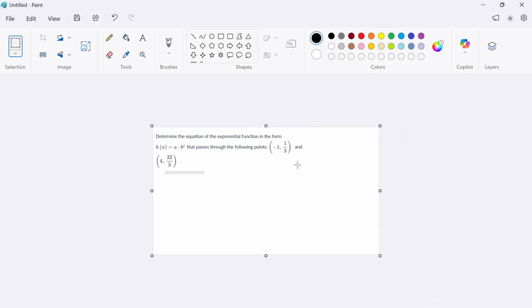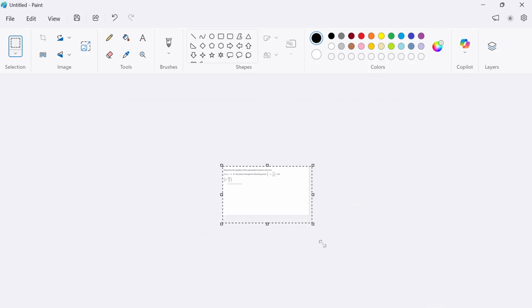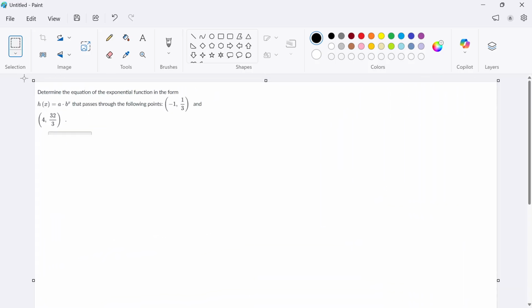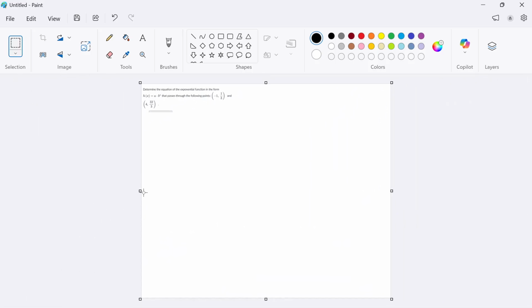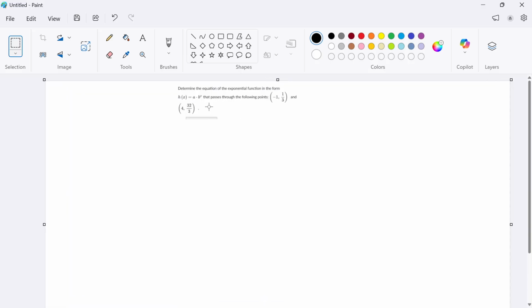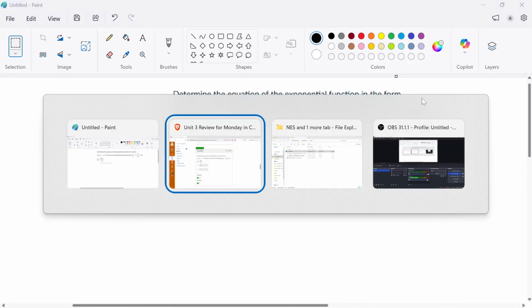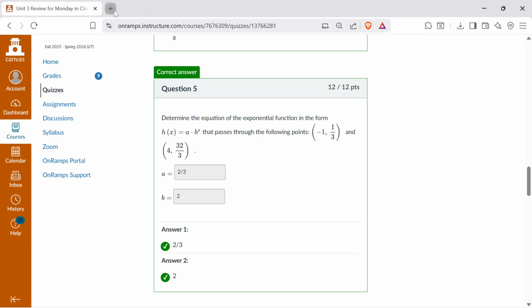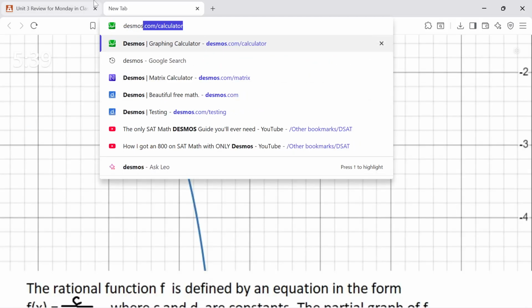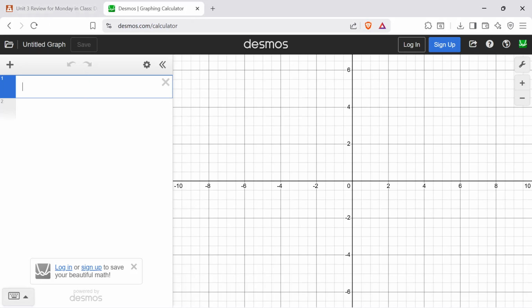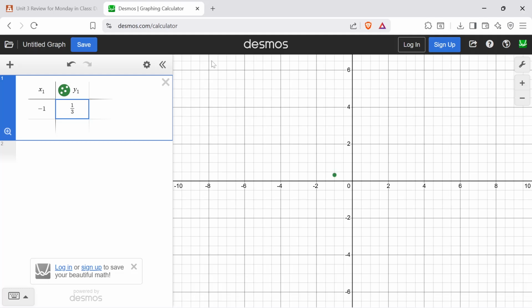I don't think when this is given on a test, the intention is that you're going to do this on a calculator, but I'll show it on Desmos anyway, and then I'll do it by hand, so I show both ways. If I go to Desmos, I can make a table. On your TI-84, you'd go stat and then add the x values in L1 and the y values in L2. I get -1, 1/3, and 4,